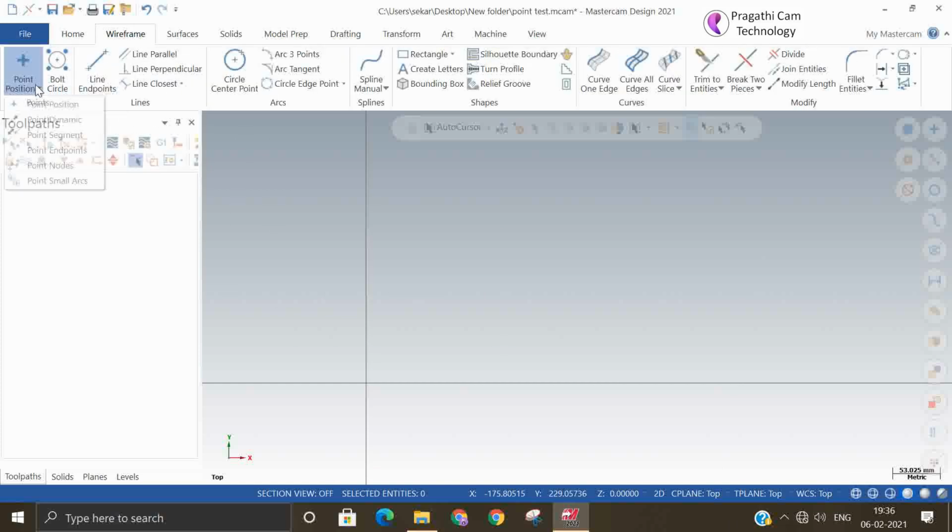So at present we have seen point creation methods: by position, by clicking on the screen, and by giving the exact distance. The next is the dynamic point method.